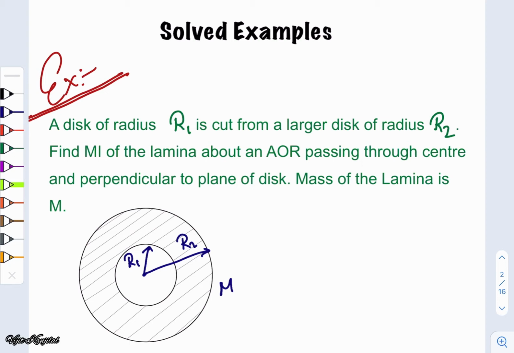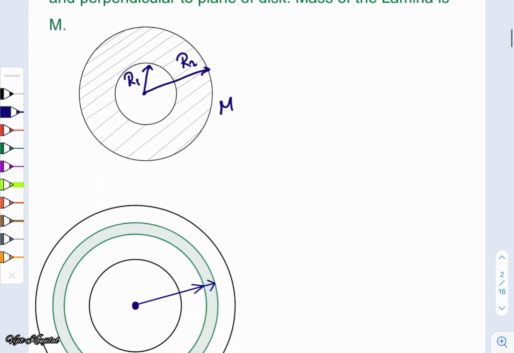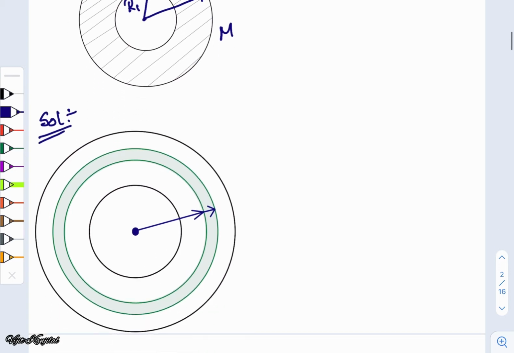So I am going to teach you how to solve this problem in two different ways. So carefully pay attention to how I attack this particular problem. Let us look at the first way, which I call the most general or standard way. Here, at a distance x from the center of this disk, we take a small ring of thickness dx, which is indicated by this shaded green region.